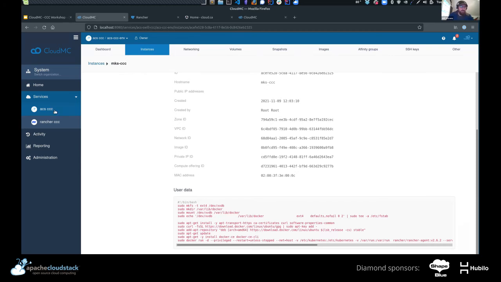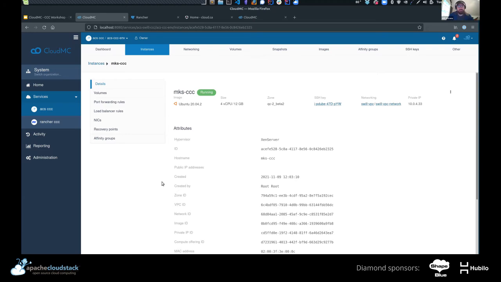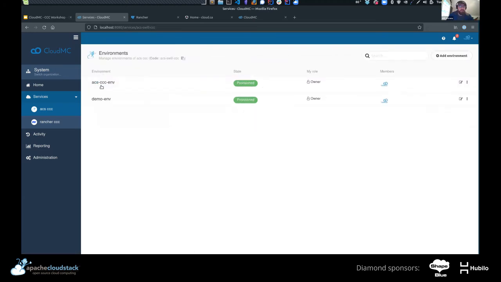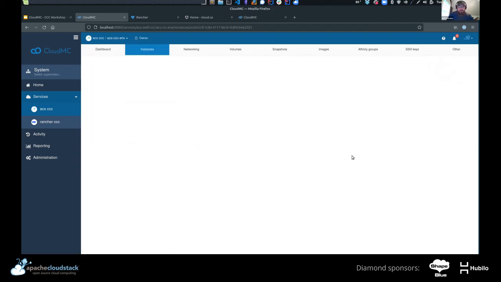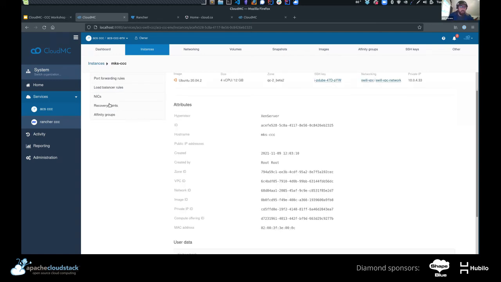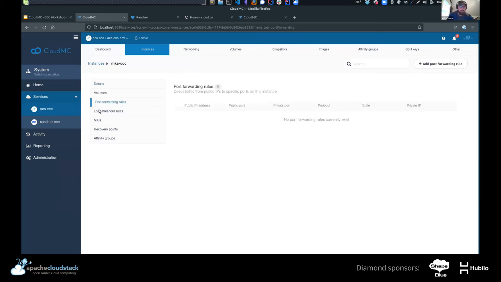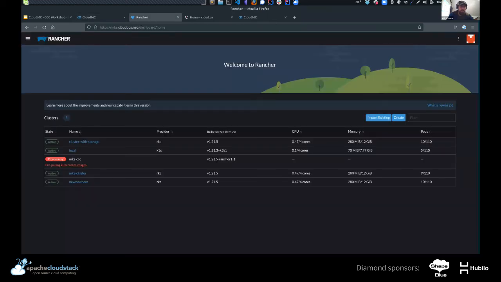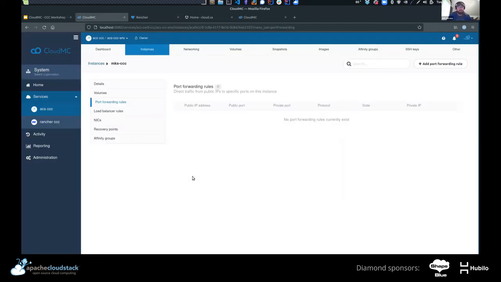Now, one of the things that's really interesting about this is that this VM is not available in the world at all. It has a private IP. It has no public IPs. There's no public facing networking associated with this VM. However, this Rancher server is public facing. And this is the only piece that needs to be public facing in order for this orchestration to work.